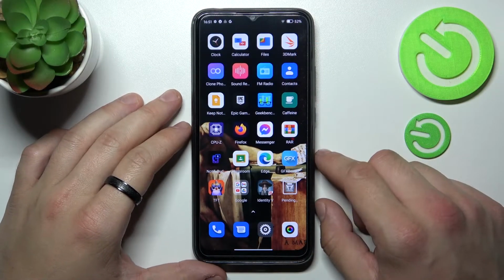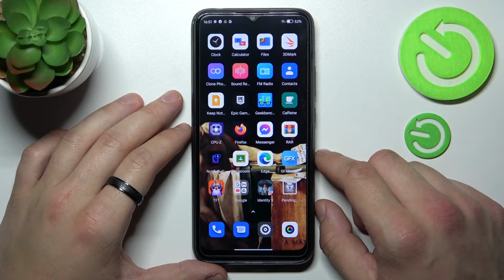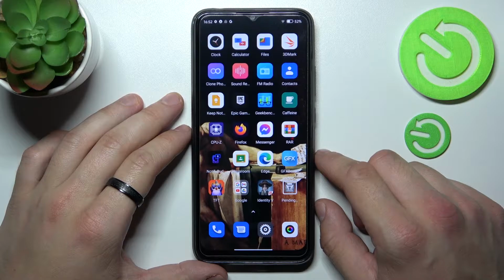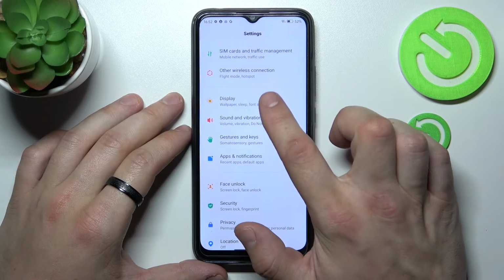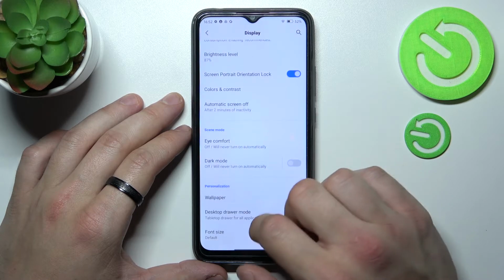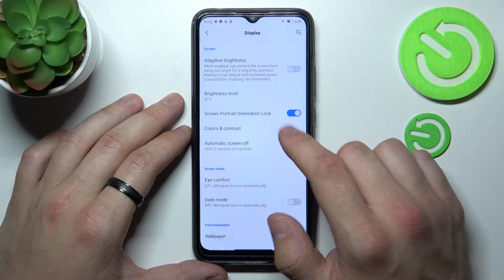Hello, in front of me I've got BLACKVIEW A70. In this video I'll show you how to find and manage display settings. In the beginning, let's go to Settings, enter Display, and from this menu you've got access to all of your